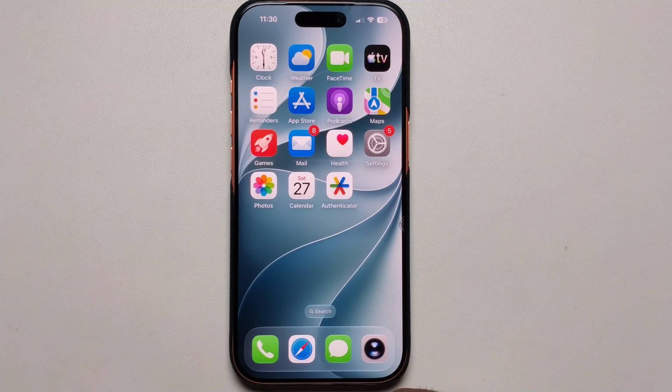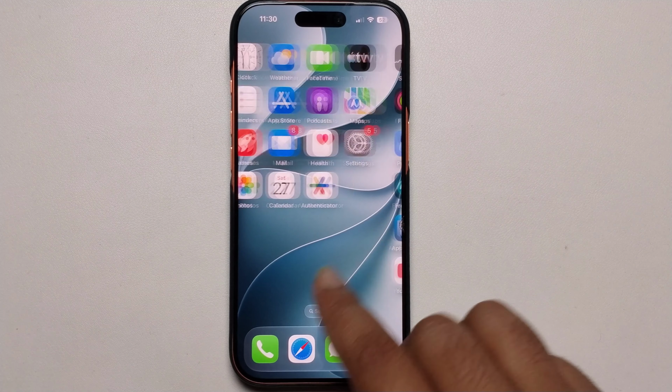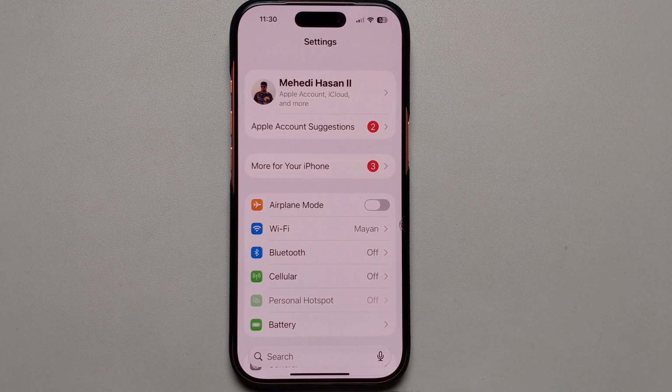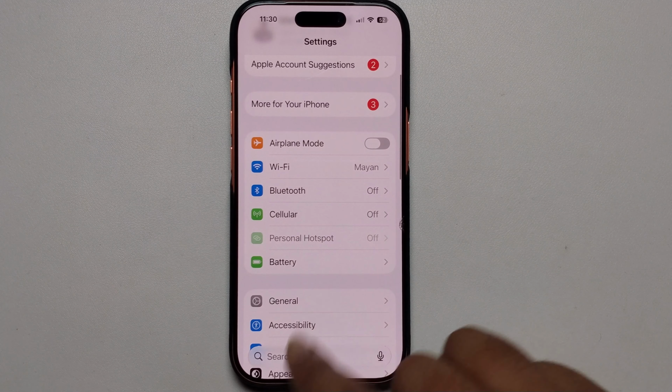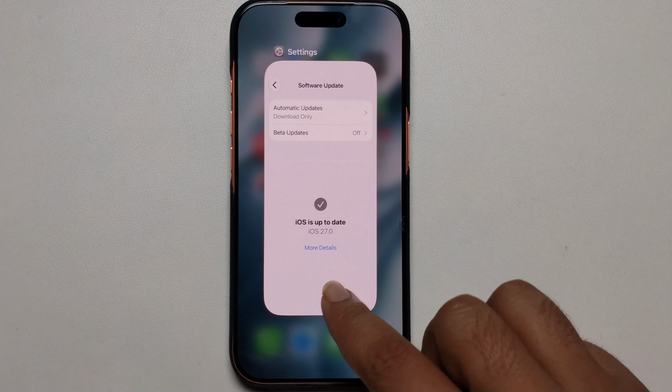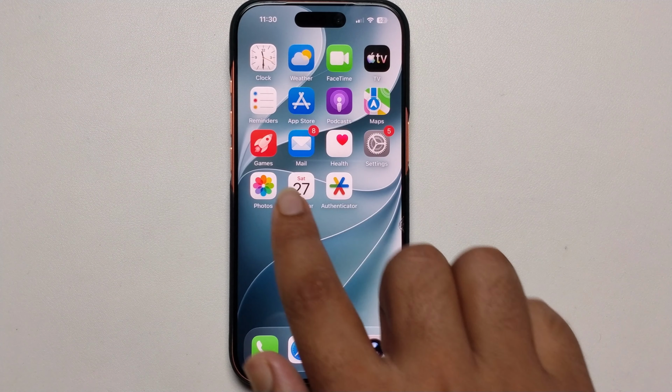I'll show you how to convert a photo to PDF on your iPhone iOS 27. Simply open your settings, general, software update. Make sure to update your iOS 27. I've already updated my iOS 27. So you just